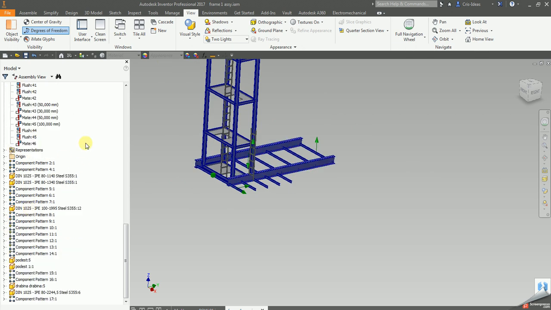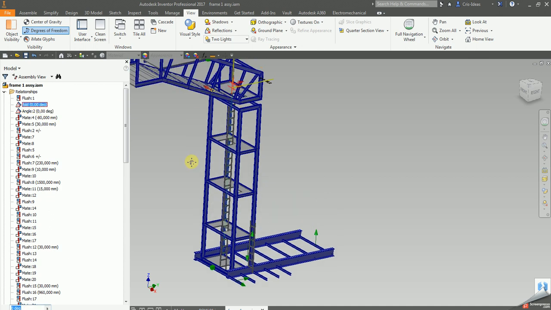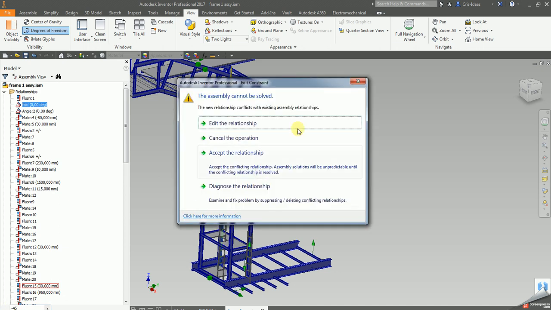And the other problem is the bug in the constraint solver that shows itself when I try to change the value of the fold angle. So now I will show you how the assembly is not solved properly, and then what is causing the problem in the constraints. It is not that the assembly is constrained badly, but it is the problem of how the constraint solver handles the constraints that are defined. So I will now try to put minus 45 degrees,